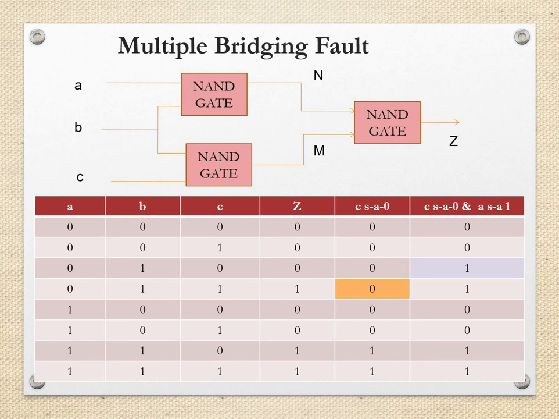Now instead of one bridging fault, suppose there are two bridging faults at a time. That is, C is stuck at 0 and A is stuck at 1. So that will result in the fault, and which will change the output. There will be a change in the output only in the third row. The rest of the output conditions are unchanged. So the conditions which are unchanged, the set of inputs applied for those are not useful for detecting the bridging fault. So we should apply the set of inputs A equal to 0, B equal to 1 and C equal to 0, so that the fault will get reflected in the output.